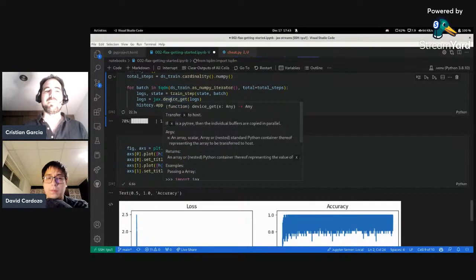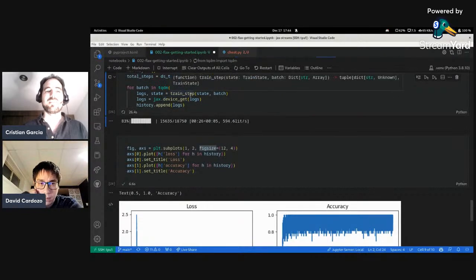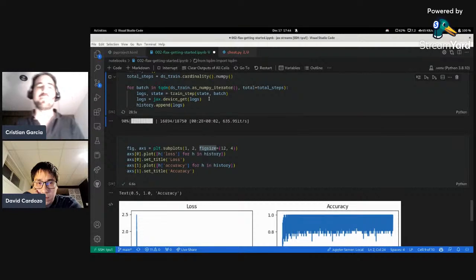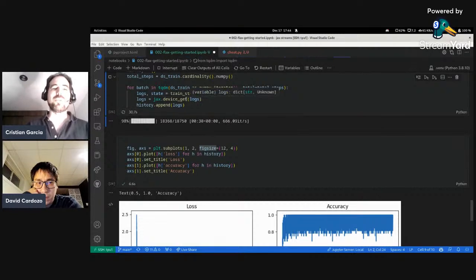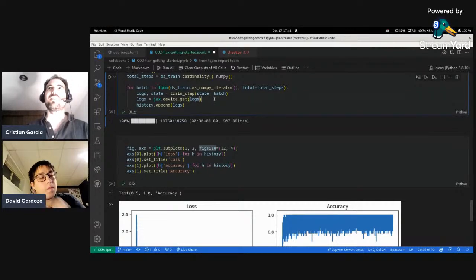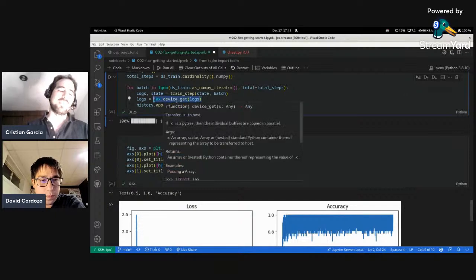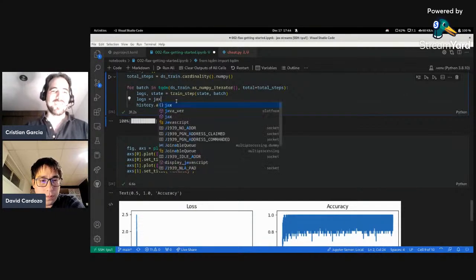Yeah, it might not be that bad. Oh, even better. I think we can do something even better. I've noticed it's good to turn the logs into numpy arrays. I think it might depend on what you're doing, but